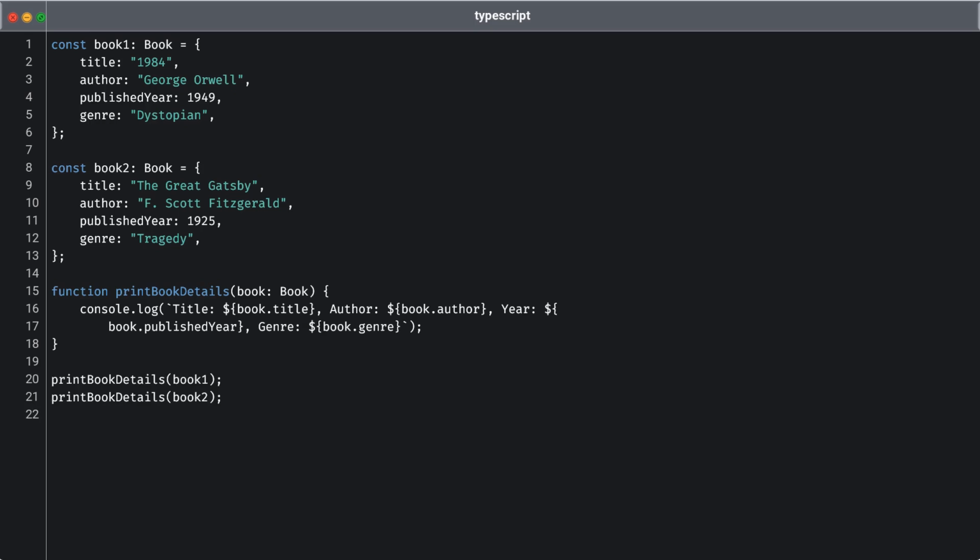Next, we will write a function called printBookDetails that takes a parameter of type Book. This function demonstrates how we can work with objects aligned with the Book interface effectively. Inside the function, we access the properties of the book parameter and log its details to the console in a readable format. Finally, we call this function with both Book 1 and Book 2, showcasing how easily we can operate